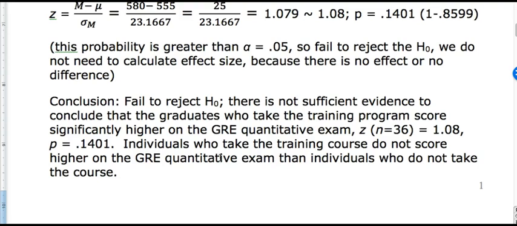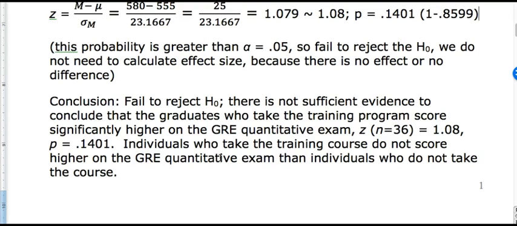But in true conclusions, you will never see these words, okay? But for the purposes of this class and when you're writing up your conclusions as answers, you need to make sure that you include fail to reject the null or reject the null, okay? So typically we'll start with there is not sufficient evidence to conclude that the graduates who take the training program score significantly higher on the GRE quantitative exam,